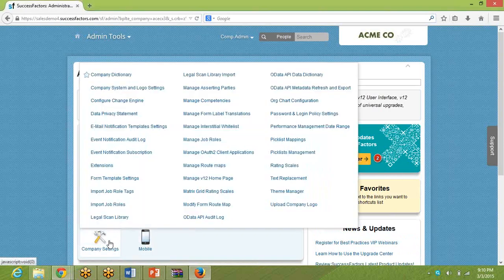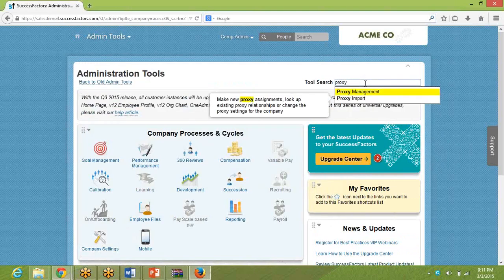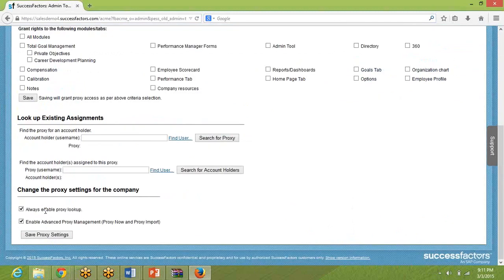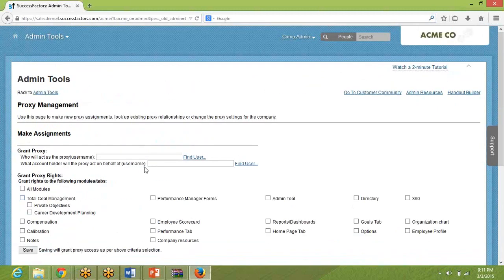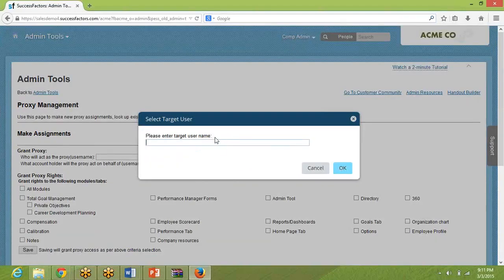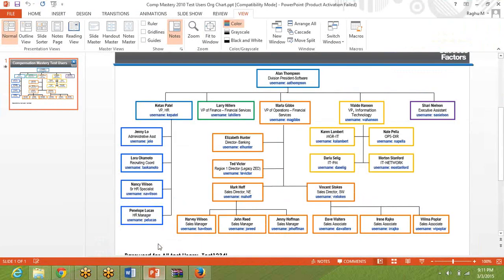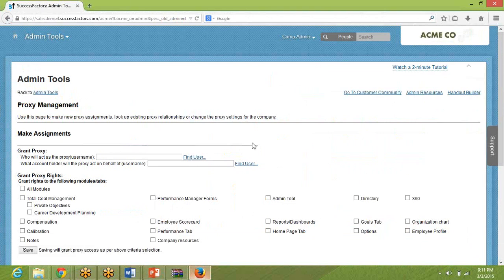If you go to company settings, go to your proxy management, use this option. You can see proxy management, and these are the 2 things they're suggesting: one is the proxy now option, and another is to look up the proxy users always. When you click on this proxy now, you should be able to see the lookup for all the users. Let's say I want to proxy into Kavita's account, or into Nirmal's account. This is a lookup. So this is what they are suggesting, activate those things, because